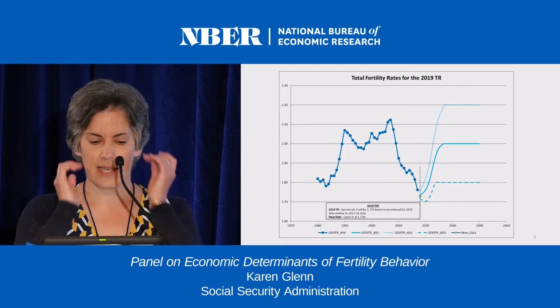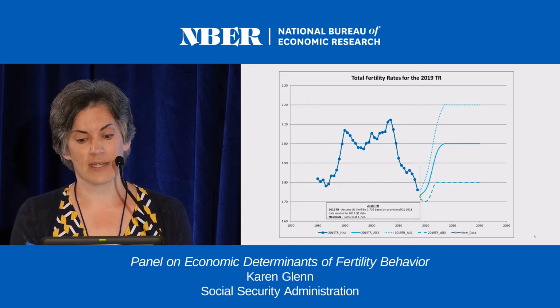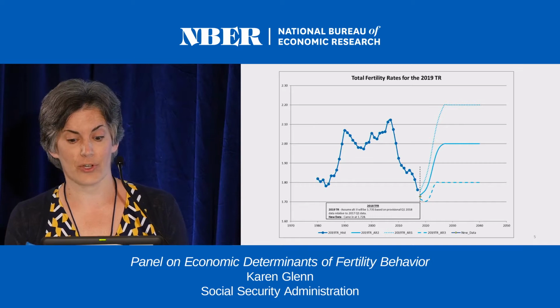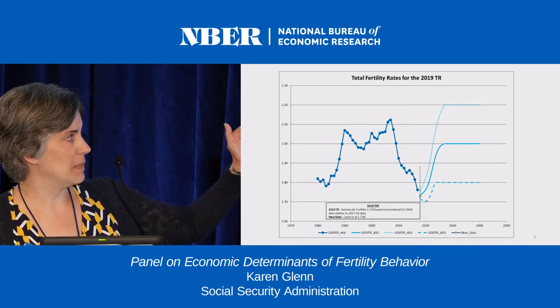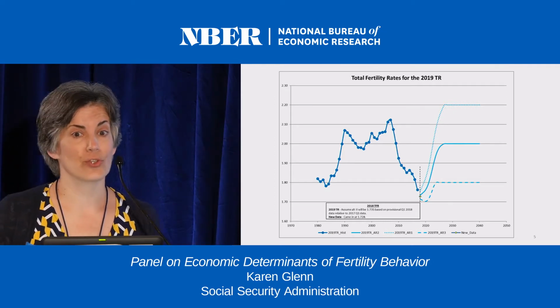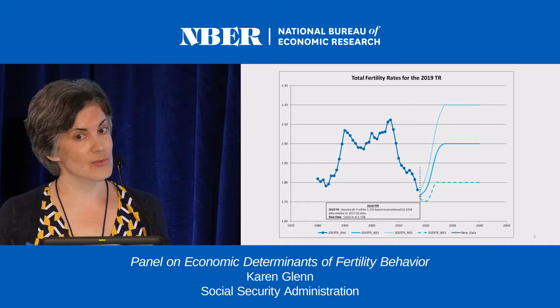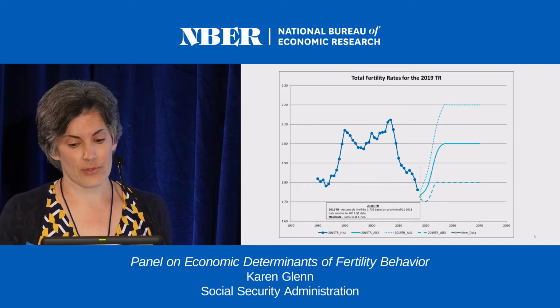Okay, this next slide really zooms in a little bit more on the 1980 through 2017 period, and more specifically, what we are projecting for the future. So in the projection period, you can see that middle line, we're going back up to 2.0 children per woman. We get there in about 10 years, which is very quickly, from the very low levels right now.